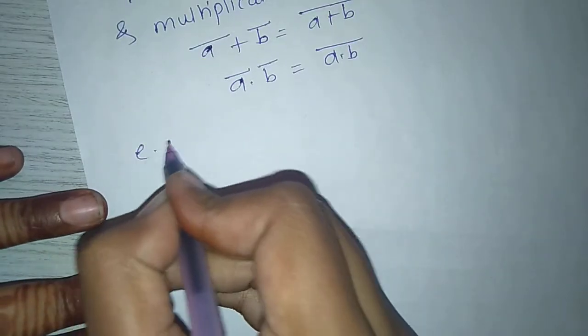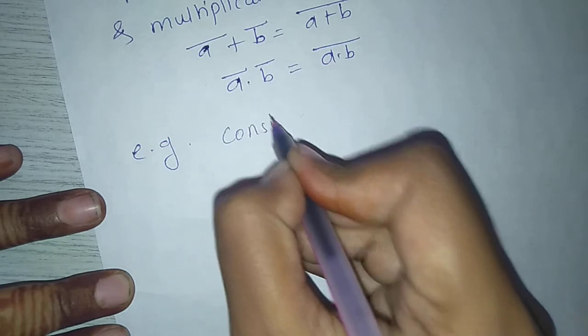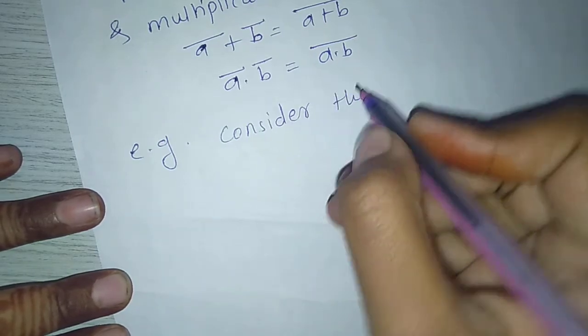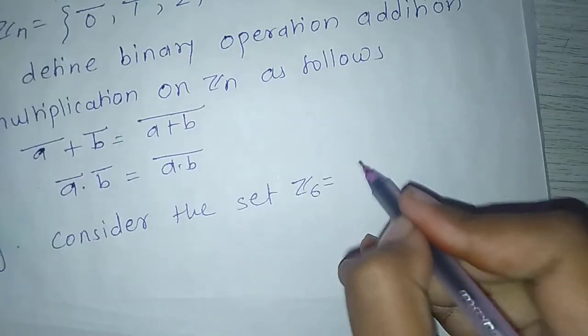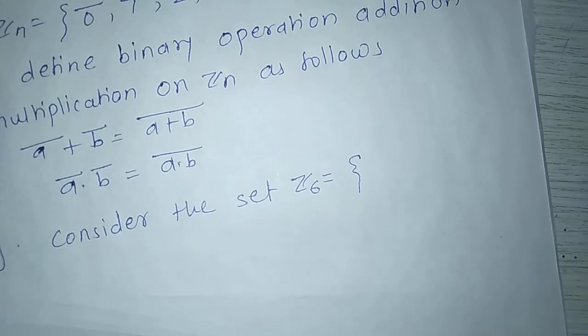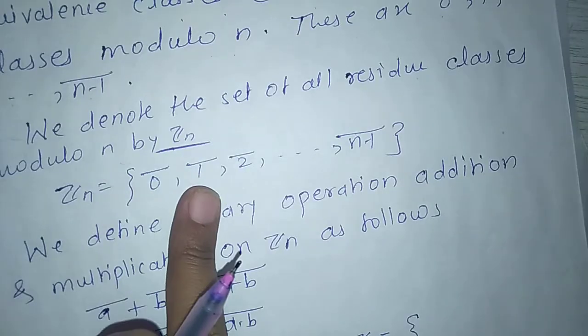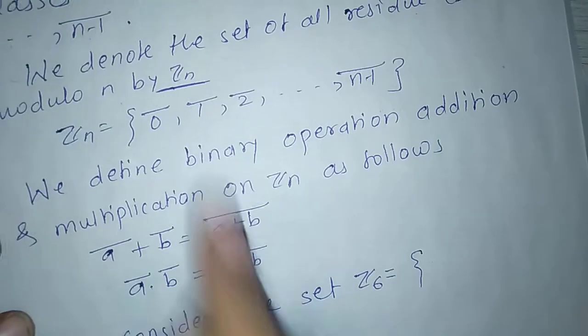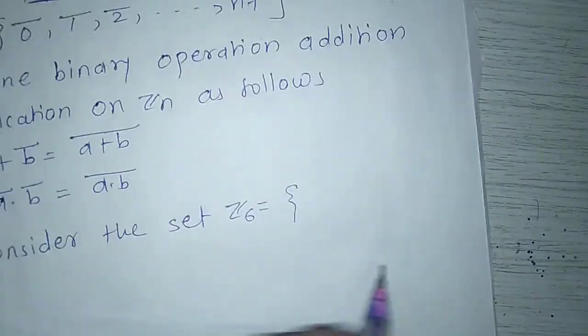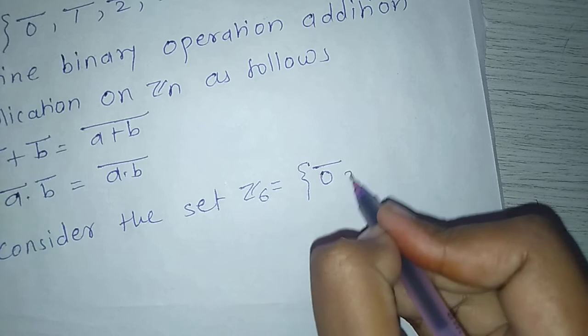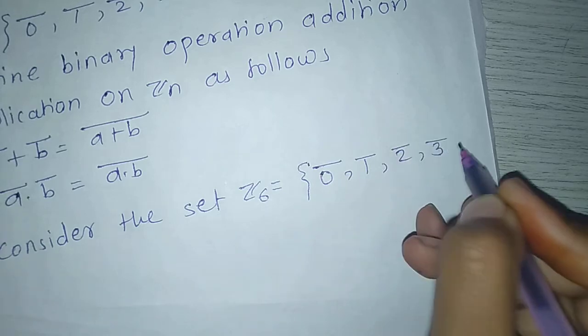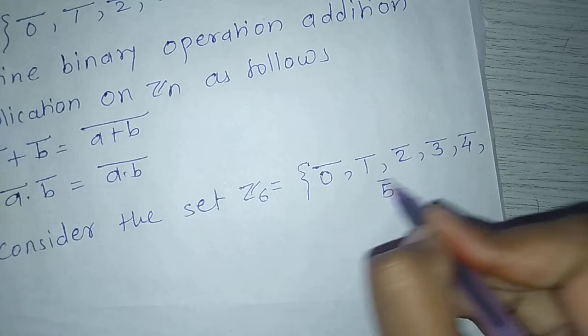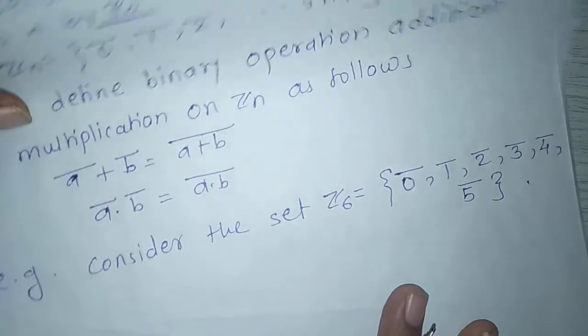Consider, for example, the set Z6. Z6 is the set of 0 bar, 1 bar, 2 bar, 3 bar, 4 bar, 5 bar, because Zn equal to 0 bar, 1 bar up to the n minus 1 bar. Here n equal to 6 means Z6 equal to 0 bar, 1 bar, 2 bar, 3 bar, 4 bar and 5 bar. Then by addition modulo 6,